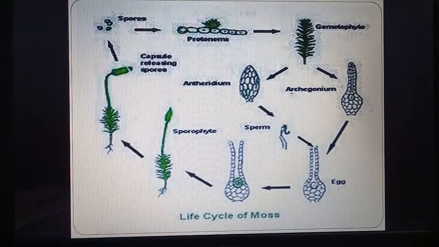In this figure we can see the protonema. It is a flat structure which is creeping on the ground, and after that comes the next stage or leafy stage which is vertical, and the leafy stage produces male and female gametes. The male organ is antheridium and the female is archegonium. So first the protonema stage comes and after that comes the gametophyte stage or the leafy stage.